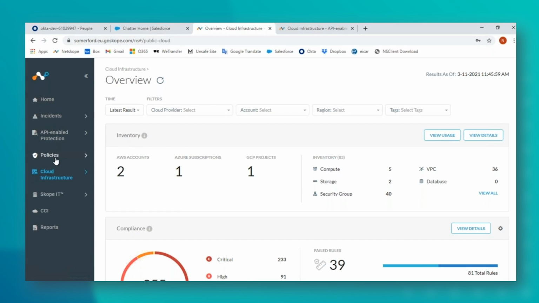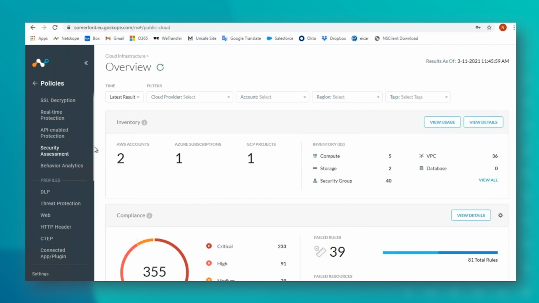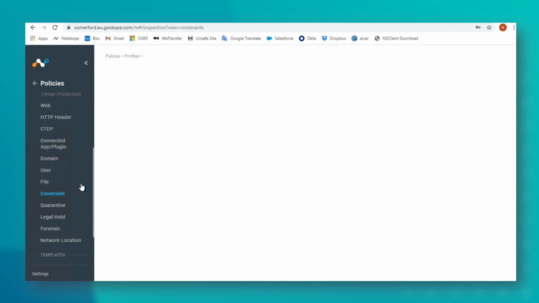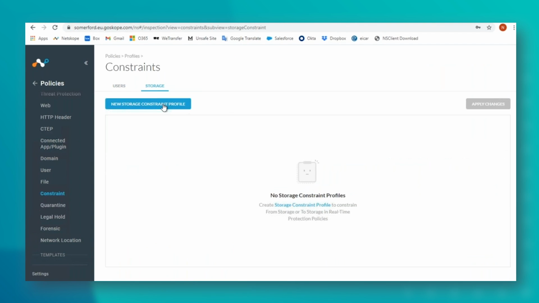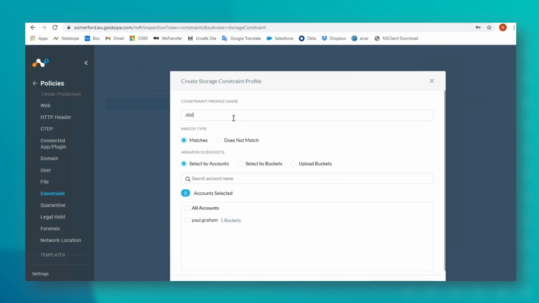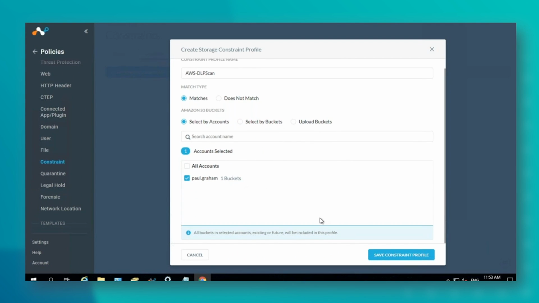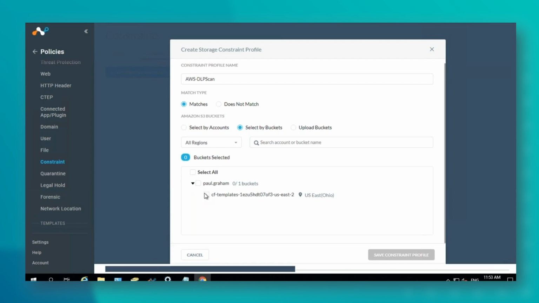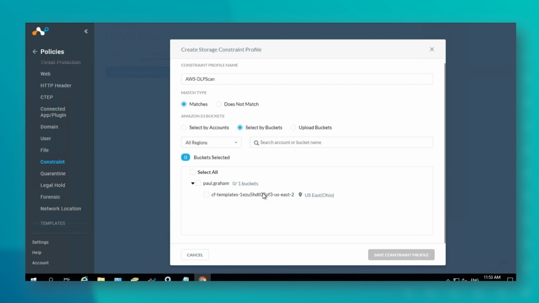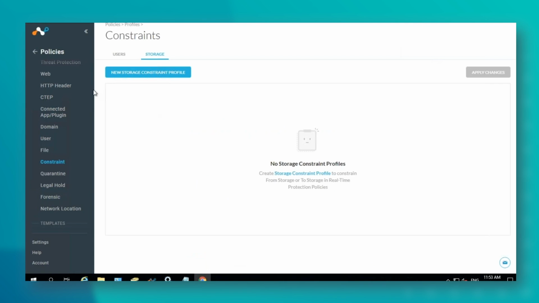If I come back a screen and we go into our constraints here, you see that I get a storage option here. So I don't have any configured, but I could call this something like AWS DLP scan. There is my account. So remember, we didn't have it enabled for Azure, so I know that that's AWS that it is enabled for. We have that account, and we have a bucket in there. I can select by bucket, so it doesn't have to be all of them. This is a data bucket that I've got in AWS. So if I was to enable this constraint here, and then we went into our policies,